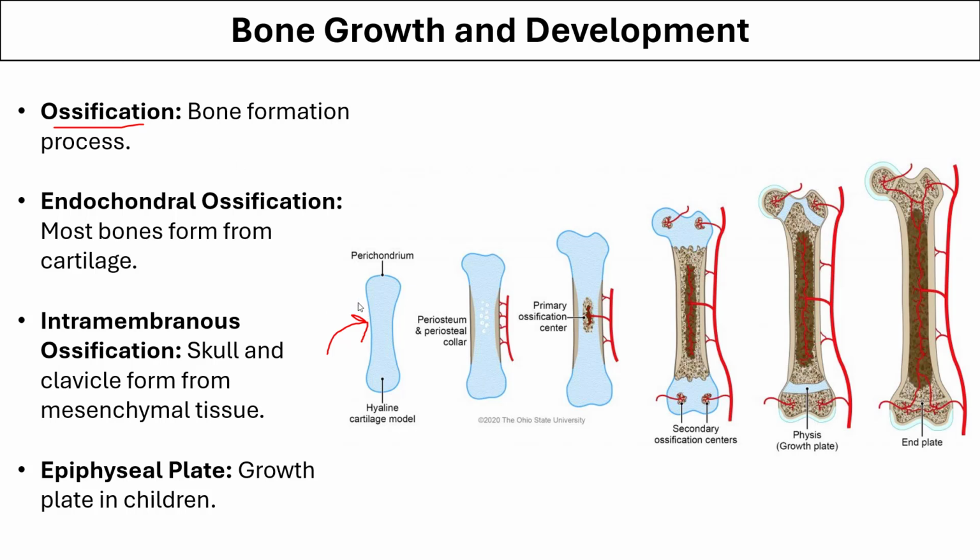Now you can see in the cartilage you don't have much blood supply, but as you have ossification, or formation of bone, going on, you have blood supply coming to the bones, and slowly you have minerals depositing in the bone, and finally the whole hard bone is formed. Depending on what kind of tissue they are formed from, the ossification can take place from cartilage or mesenchymal tissues to form the bones. Epiphyseal plate is this region in the process of formation of bone which is still